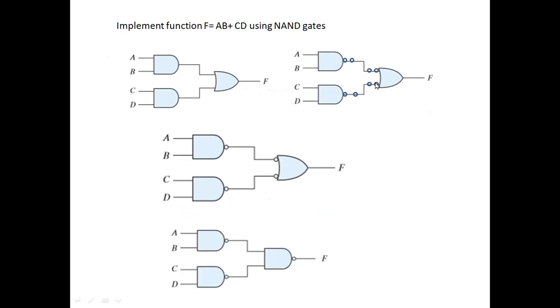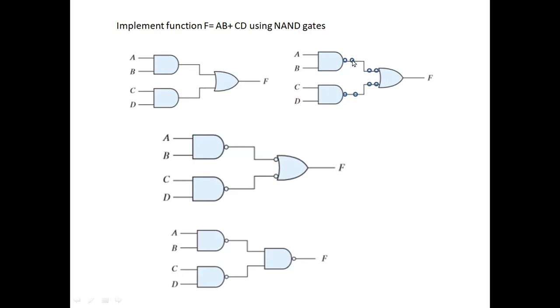It is because of the two inverters, A double complement is equal to A. So this effect can be cancelled. So I am putting two inverters in front of the AND gates and two inverters at the back of the OR gate, as it is an AND implementation. I hope you understand. Then I'm going to cancel out these two inverters.